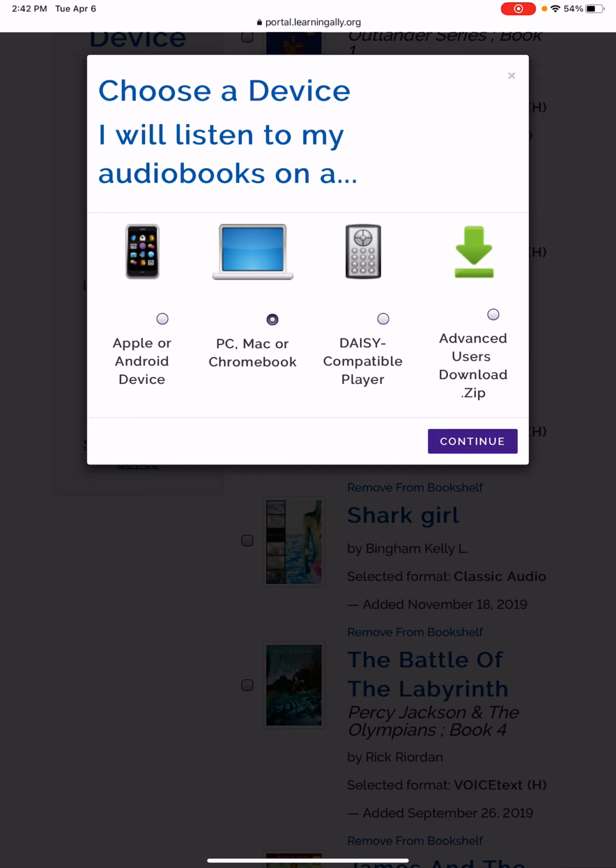And then you can also put it on a DAISY compatible player, which is a special player designed for individuals with disabilities that is a previous type of technology that was used with these programs exclusively before these other devices came out. We're going to go ahead and touch on the Apple Android device since I'm on an iPad, and